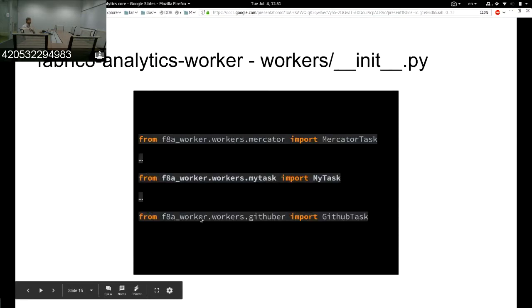Once you are done, you just register your task in the init file in workers directory inside fabric8-analytics worker, and it basically exposes your implementation. It is not necessary, but it is nice to have it in one place and encapsulate or hide implementation logic behind it. By this, you are exposing my task, that is class, to package